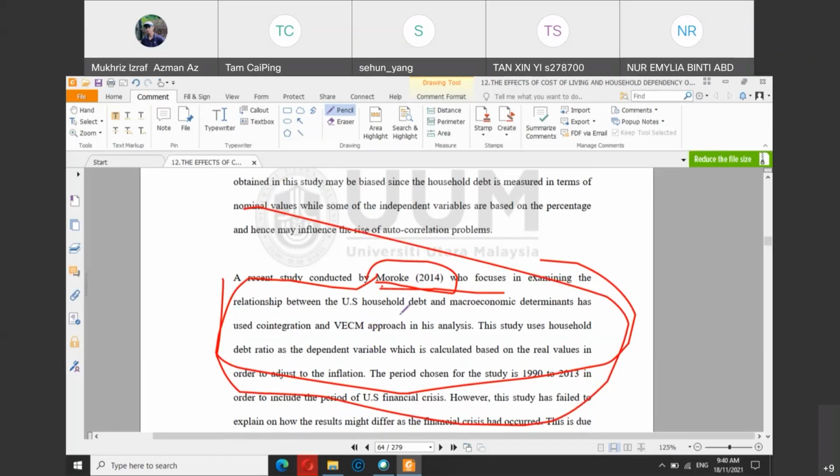But of course, maybe for undergraduate level, it is still okay to do that. But at PhD level or master's level, you cannot rely on that method, because the examiner might ask you, you mentioned the paper by Moroki. So maybe the examiner wants to ask you whether you understand what Moroki actually did in the paper. So you need to actually read the paper. You need to understand the paper, because citing a paper is not just simply for the sake of writing.